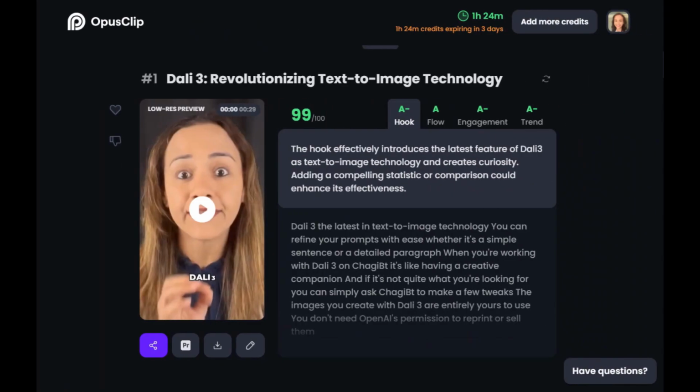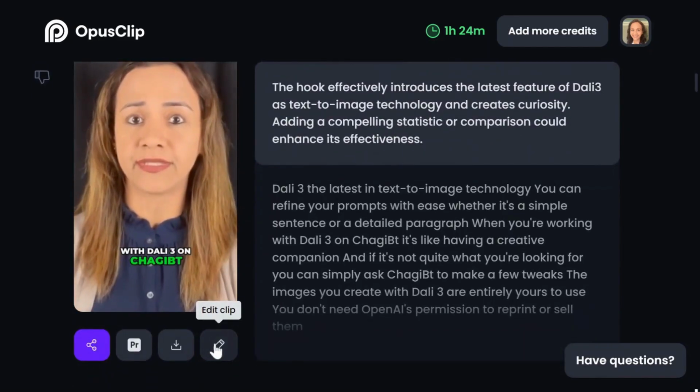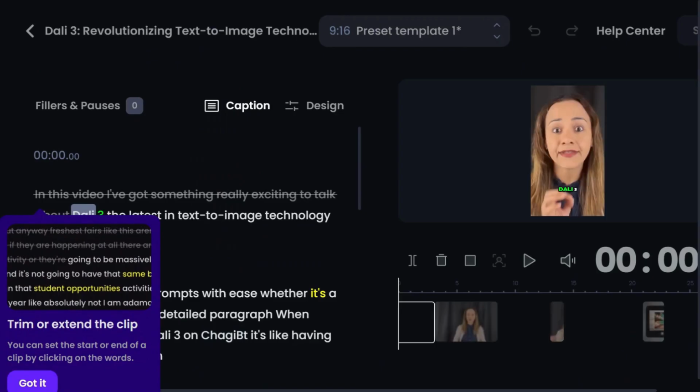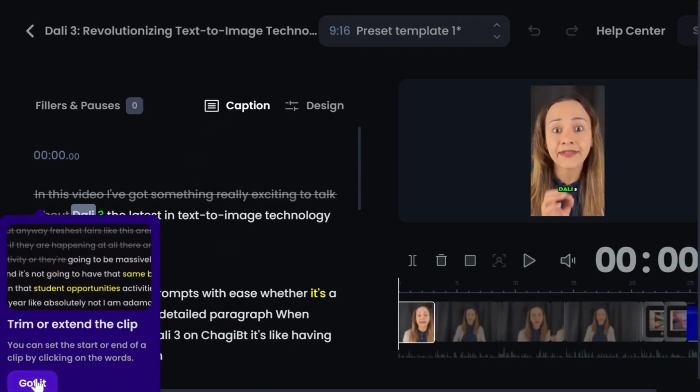And here is the cool part. Each clip comes with its own summary, transcript, and even a virality score. Opus Clips also rates the potential of your video based on its hook, flow, engagement, and trending relevance. Plus, if you want to make a few tweaks, you can adjust the captions, add emojis, or fine-tune the visuals